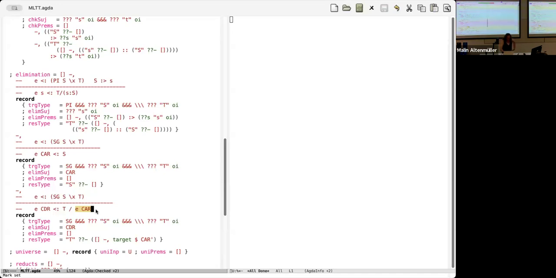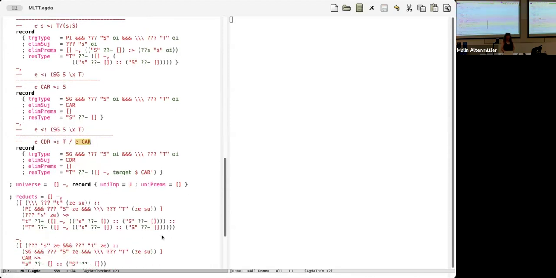Okay, so these patterns are real lumps of syntax, so I have to do a whole pile of implementation to actually give them a semantics. We'll get there in a minute. I've completely forgotten what I was doing with universe rules. And it looks like I'm just saying U is a universe, nothing else is.